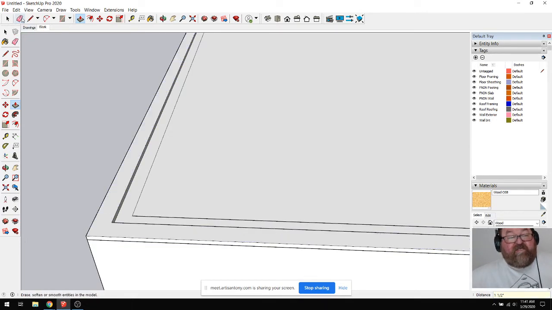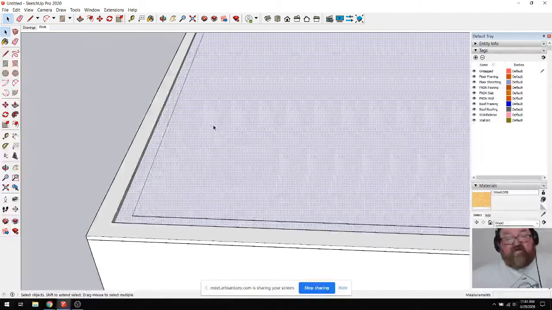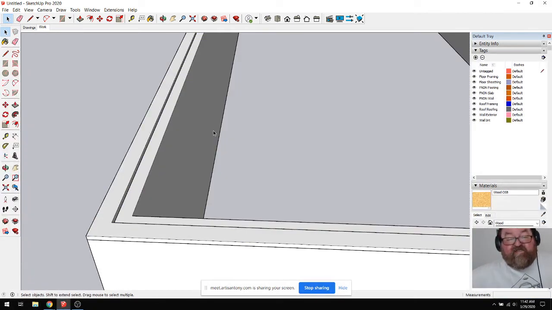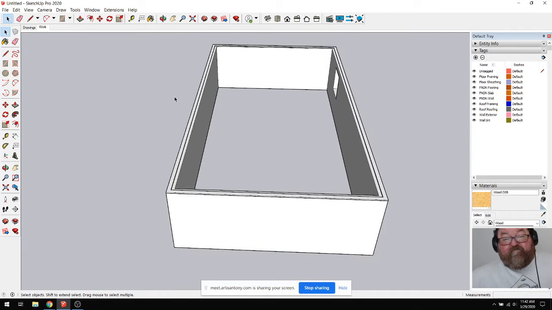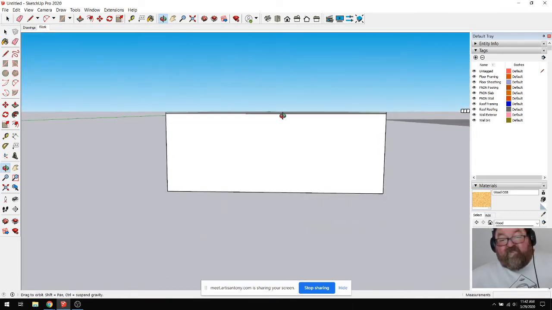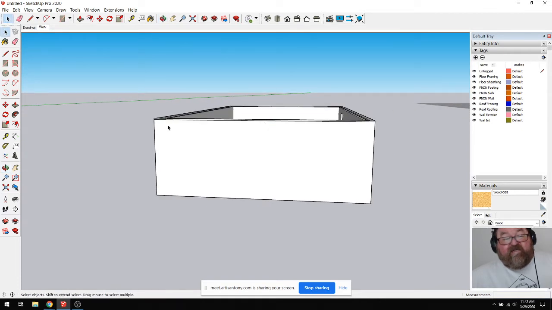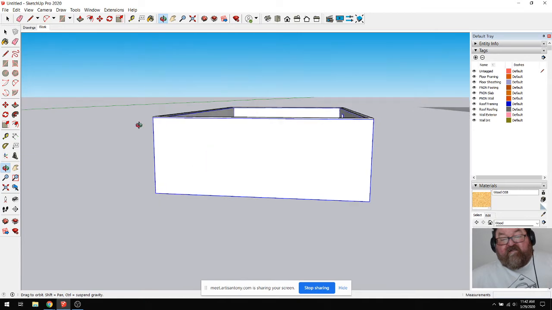You see, I just cheated and made a plate all the way around. And now I'm going to delete that face on the inside. That's cool. Now, the other thing that's nice about groups is I don't have to worry about when I select all that, as long as I don't select this entire group,